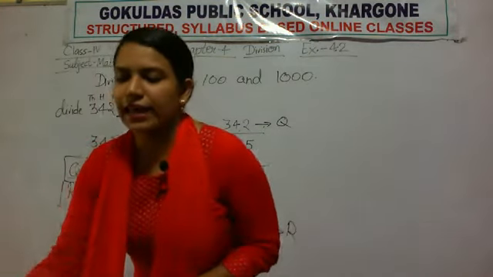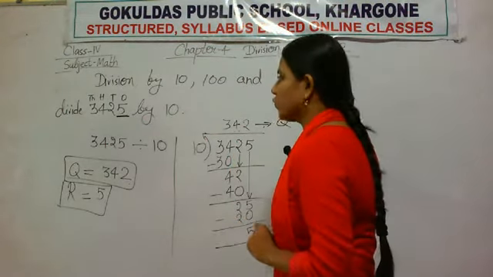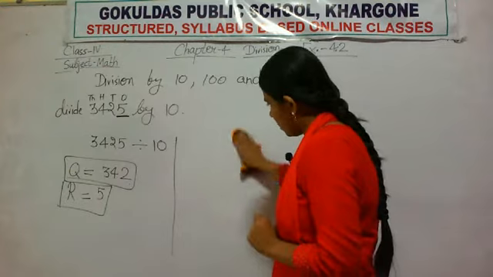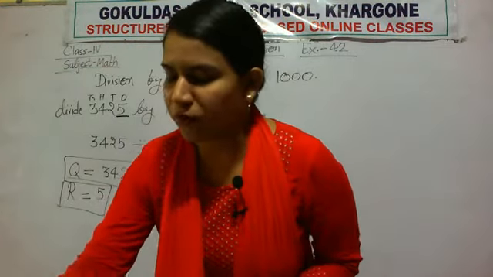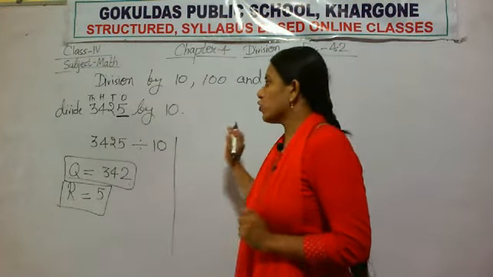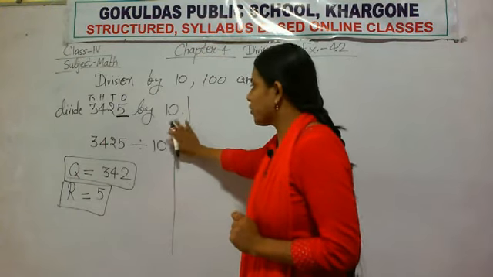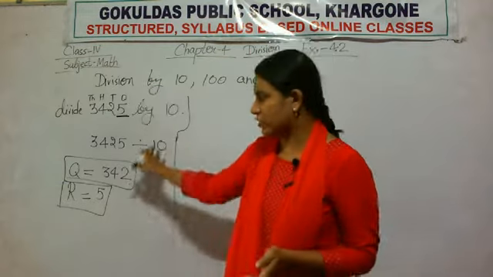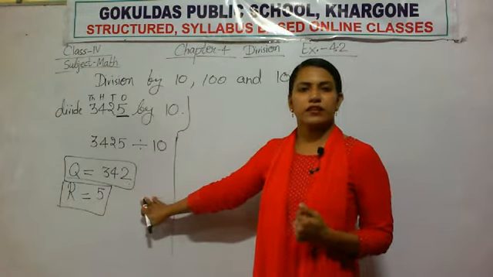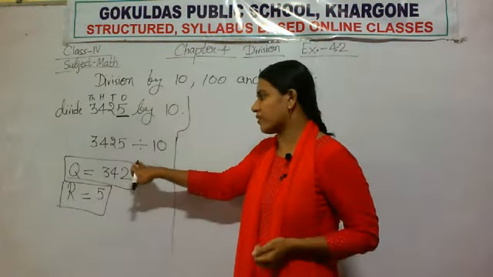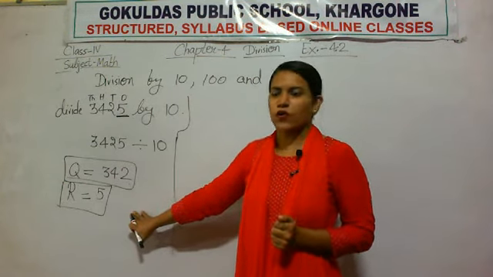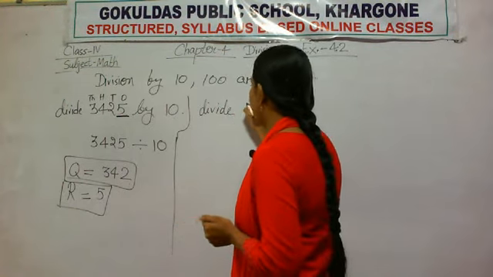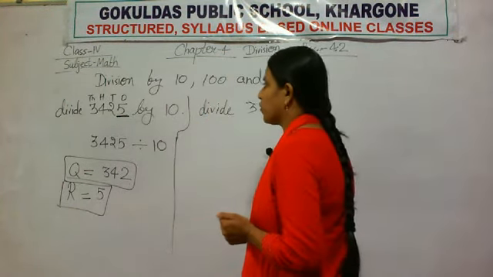So in exercise 4.2, you need not perform the actual division, but you need to use the trick. Without performing the actual division process, we will use the trick to get the quotient and remainder. Okay, let us do another question. I am taking the same number. Divide